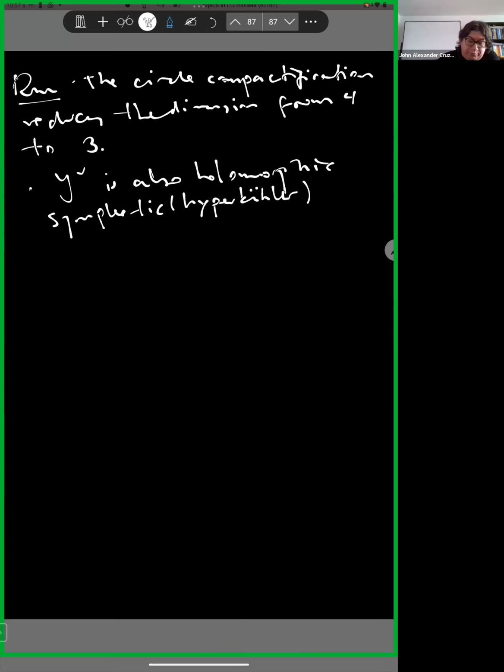Again, we want a two-dimensional theory because we want to discuss two-dimensional mirror symmetry. So we make another compactification, okay? And then we get a two-dimensional sigma model with target Y check. So by further compactification